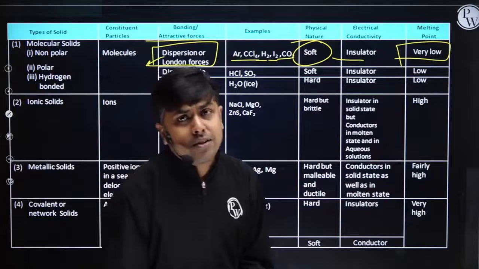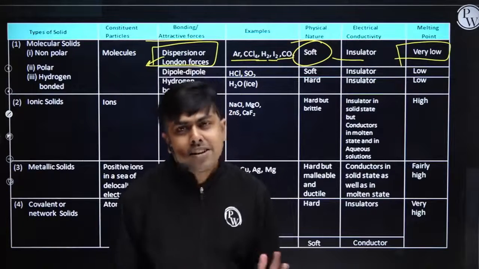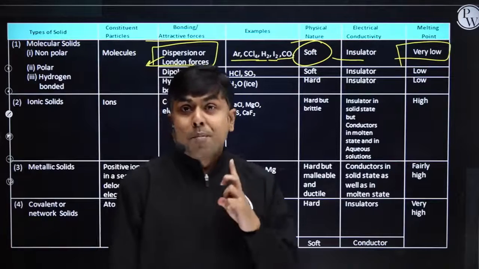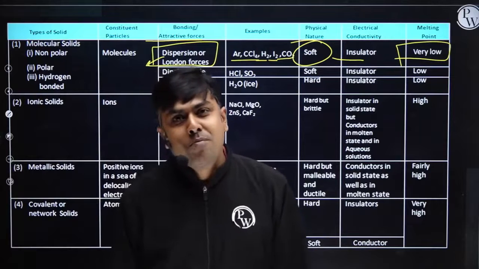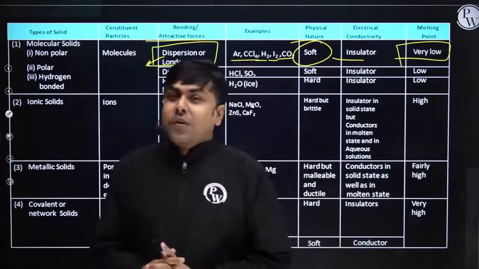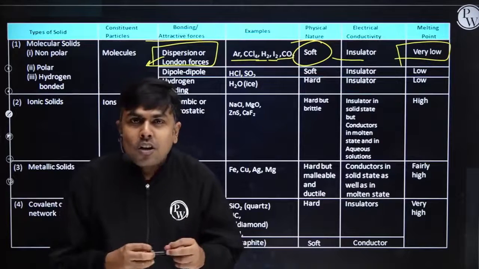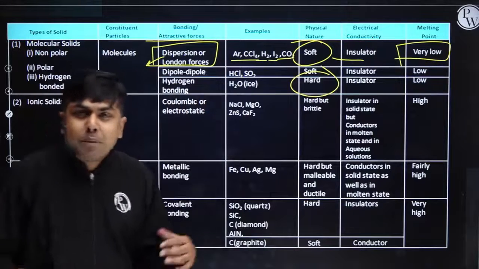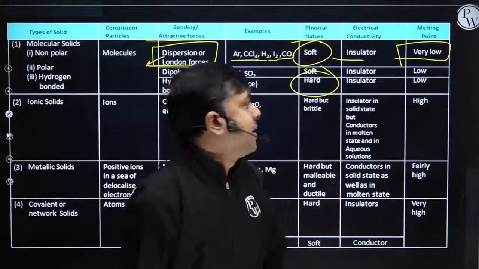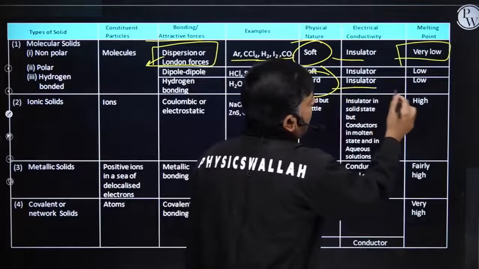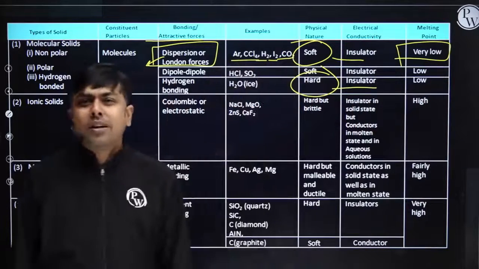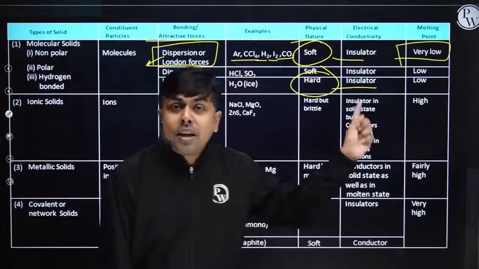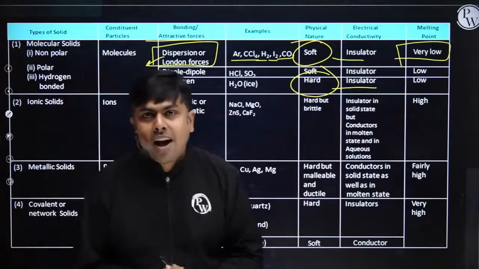Next one, hydrogen bonded molecule. The next type of molecular solid is hydrogen bonded molecule. The best example is ice, H2O solid, right? Among all the physical forces of attraction, hydrogen bonding is the strongest one, right? So if the physical force of attraction is strong, the molecule is going to be hard in physical appearance. It will be a hard one. Am I clear? Once again, it's also an insulator. And the melting point will be relatively higher as compared to non-polar solids, right? Because here the force of attraction is relatively high.